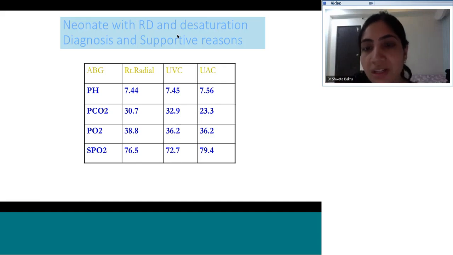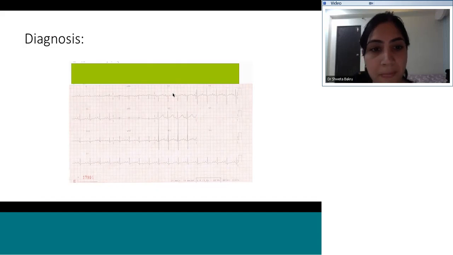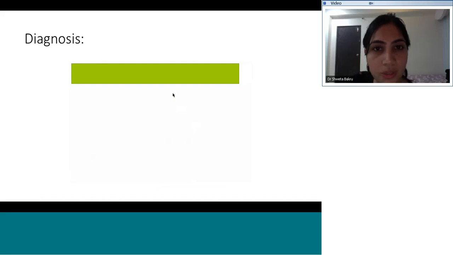Whereas in the infracardiac type of TAPVR, there is severe obstruction to the pulmonary venous drainage, and that makes them symptomatic from day 1 and day 2 of life itself. So the typical X-ray will mimic HMD. Like we can see here, there is going to be a reticular pattern in the lungs, and this is diagnostic of infracardiac type of TAPVR.